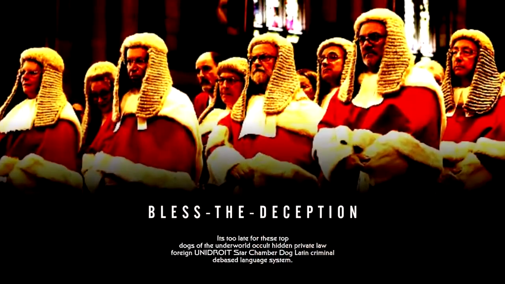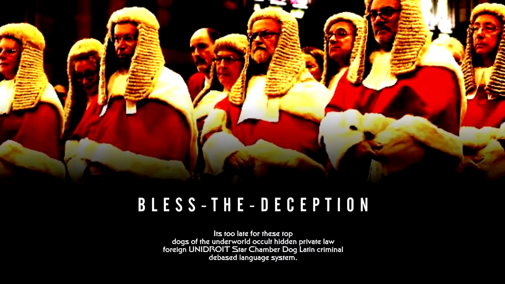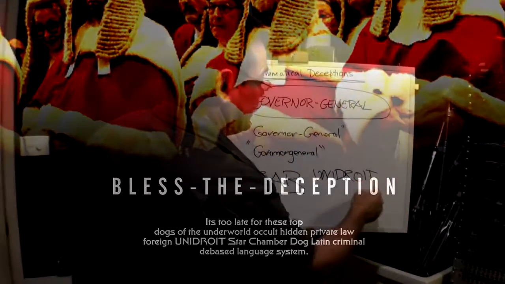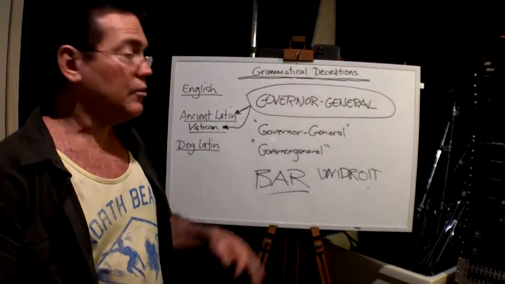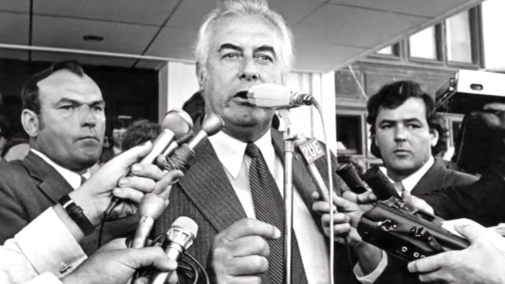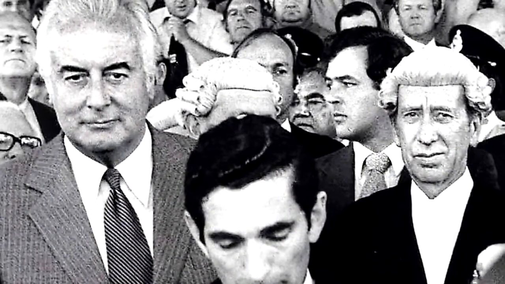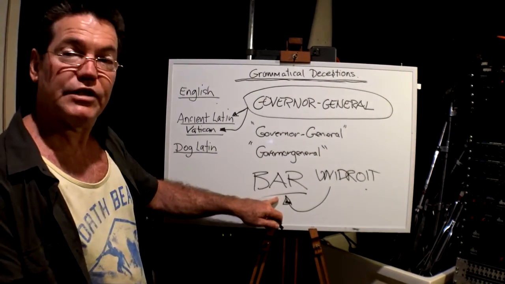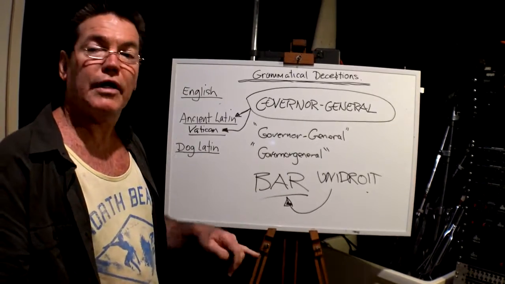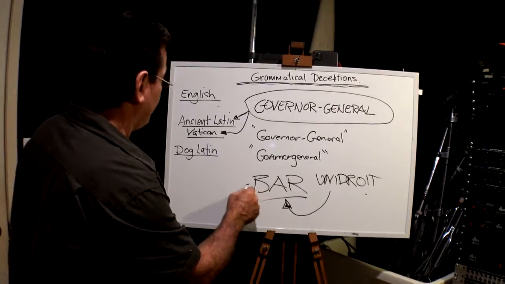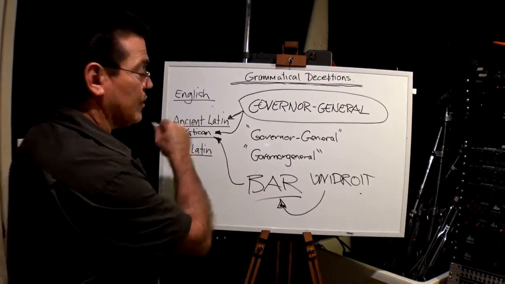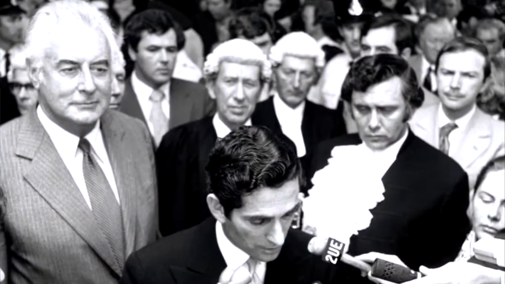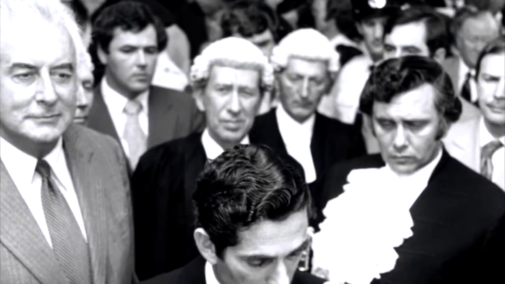The very Prime Minister that signed us up to Unidroit in 1973 was Gough Whitlam, who was a lawyer who had sworn an oath to the bar, and the bar was the City of London, which is one square mile inside London that belongs to the Vatican. So what's happened is somehow or other the Vatican has taken away the proper, true government of Australia